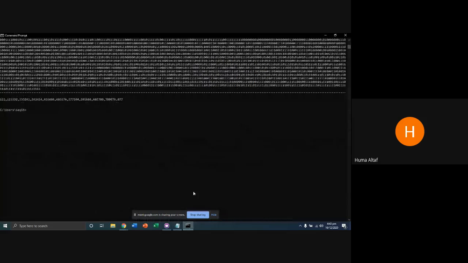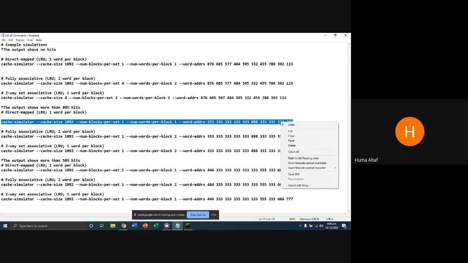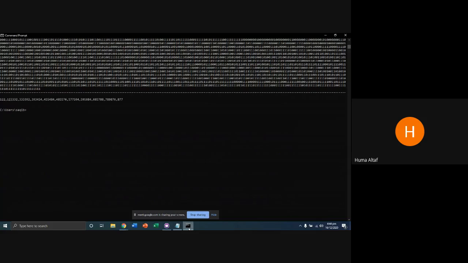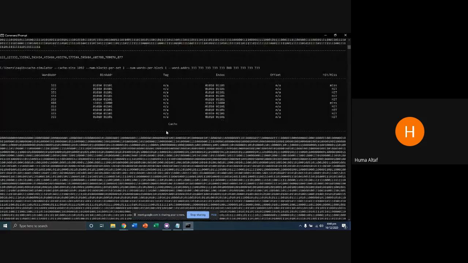Then coming towards the next one, the output shows more than 80% hits. I'm going to copy this command, cache simulator. The cache size will remain the same, and I'm going to paste it over here, and it shows 1, 2, 3, 4, 5, 6, 7, approximately 8 hits.